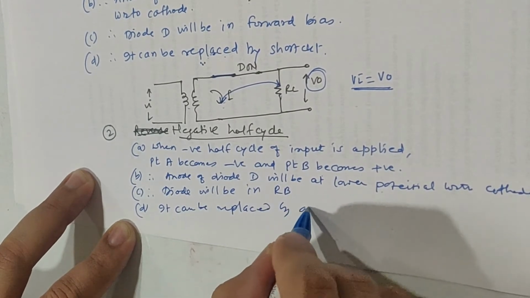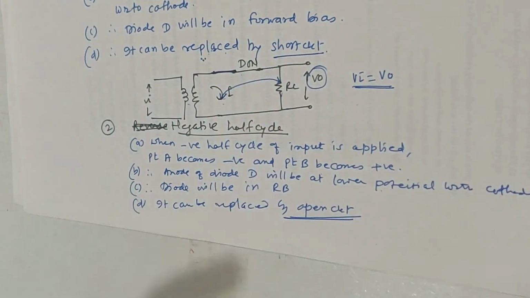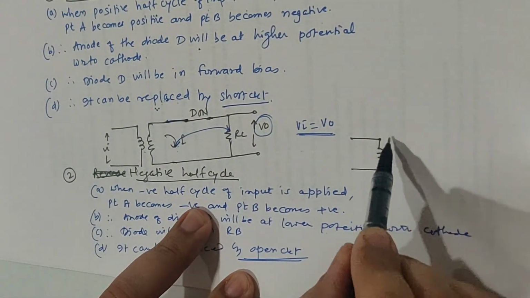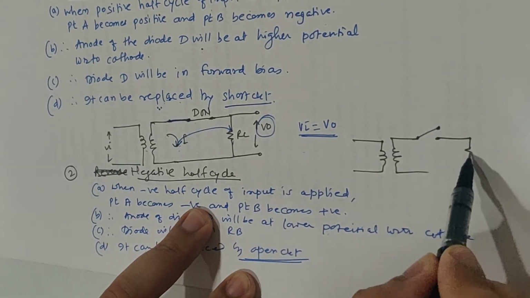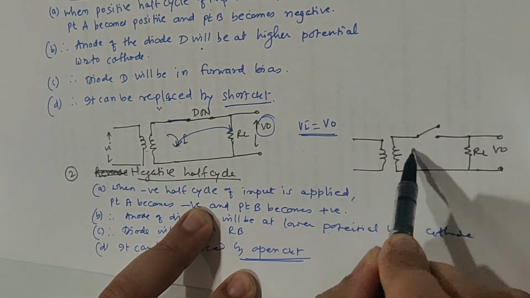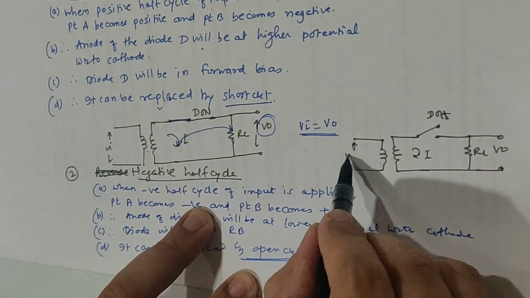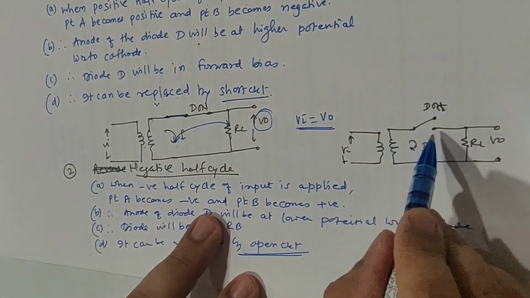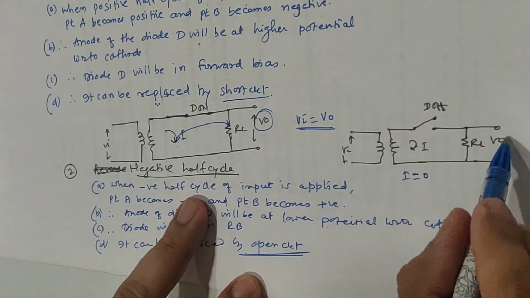and it can be replaced by an open circuit. Now see this, here it was replaced by a short circuit, now I can replace it by an open circuit. So what will be the diagram here? The diagram will be, again I am drawing just roughly, now it is replaced by an open circuit. So this is your V0, this is resistance RL, current I flowing, and I will say this condition is D off, diode is off. Now because of this open circuit, the current cannot flow in the circuit, and therefore the value of I becomes 0, and therefore what is V0?